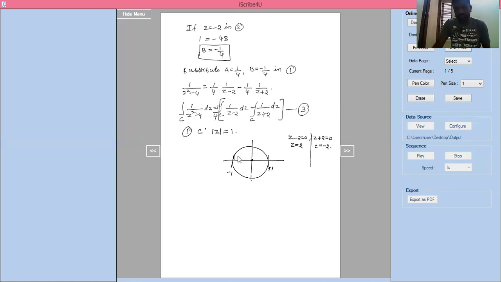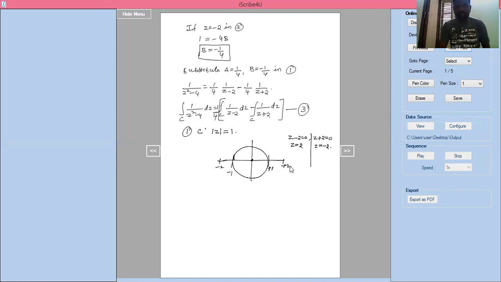Here, minus 2 and plus 2 lie on this side and that side. Both lie outside the circle. Already I told that in that working procedure,